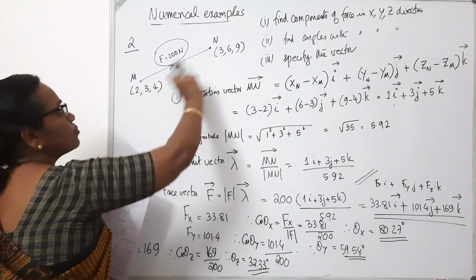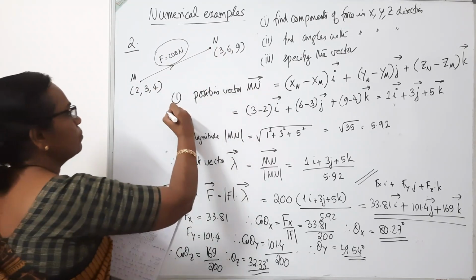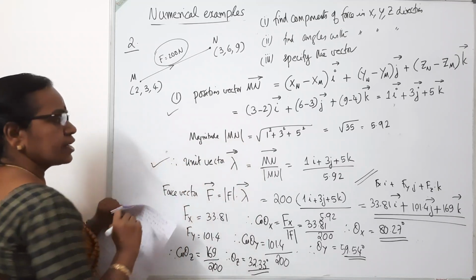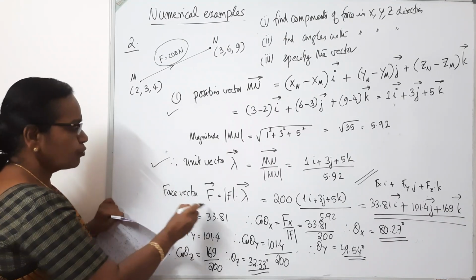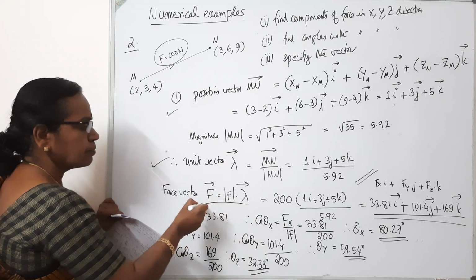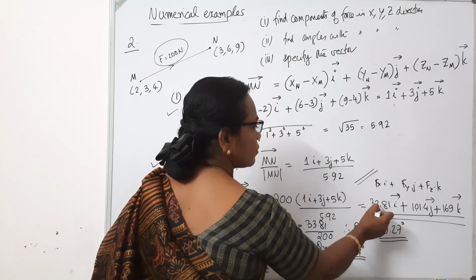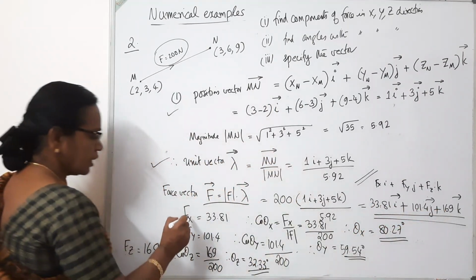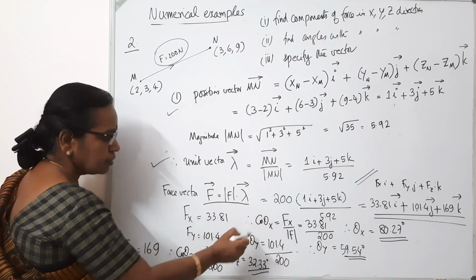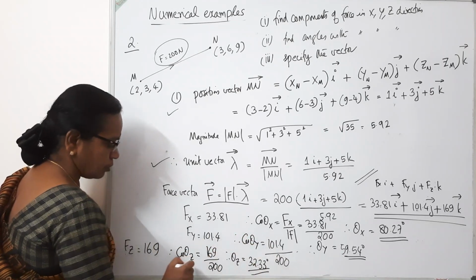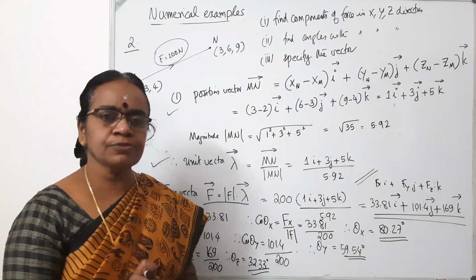So, all the answers have been obtained. First of all, find out the position vector: x2 minus x1 i, y2 minus y1 j, z2 minus z1 k, the first step. Then get the unit vector in that direction. Vector divided by magnitude of the vector will give you the unit vector in that direction. Then force vector F is equal to magnitude of force into unit vector. Get the force vector. Each of these terms correspond to Fx, Fy and Fz. Once you get the components of the forces, you can find out the direction cosines. Cos theta x equals Fx by F, cos theta y is Fy by F, and cos theta z is Fz by F. Such questions are also common for university examinations for 3 marks in part A.